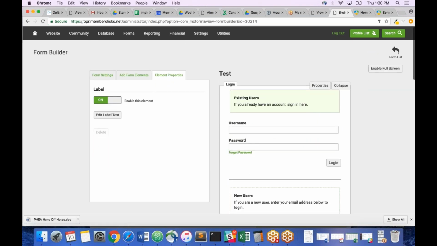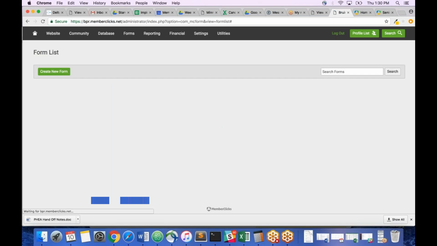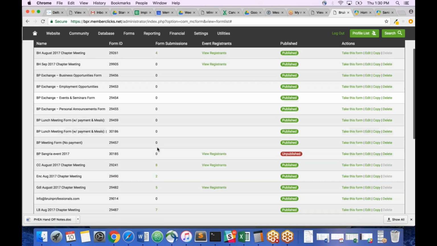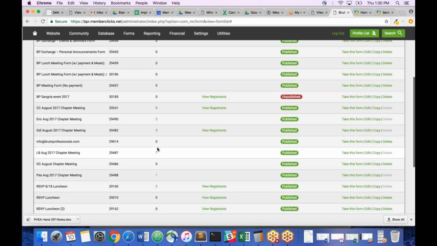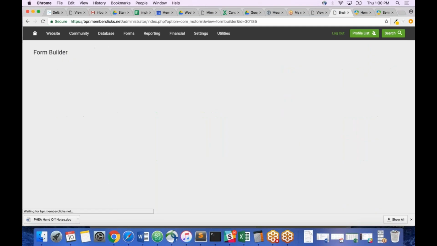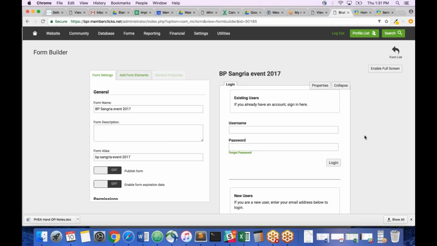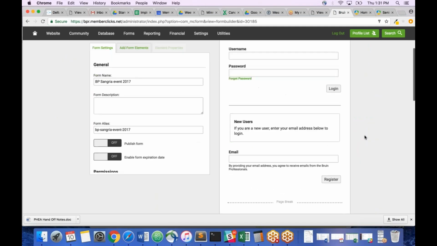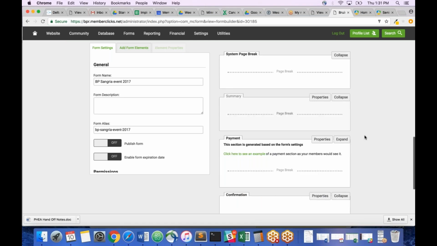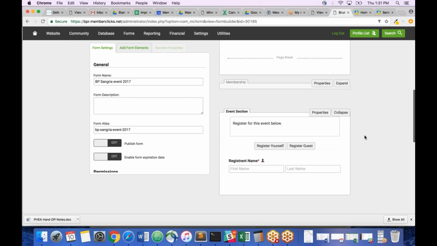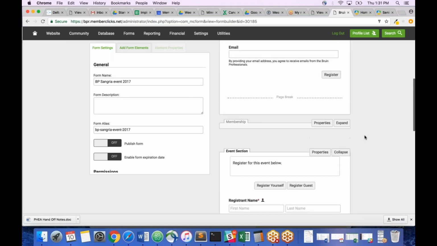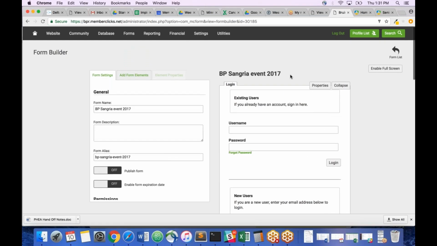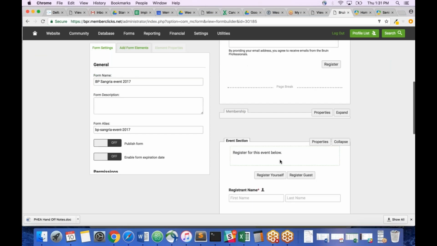Yeah, I think what might be more helpful for me is to go back to the form list and look at one of the ones that I've already created, because I had a specific question on one of those. It would be the BP Sangria event. So for the pricing for this event, that was where I got stuck, was on pricing. So we have different pricing, and I know I was able to set price levels by member type, but one question I had, if a member is trying to register a guest, would they be paying the member price or